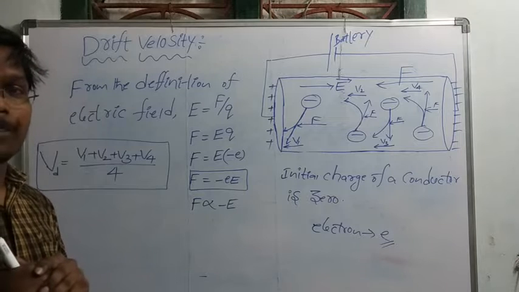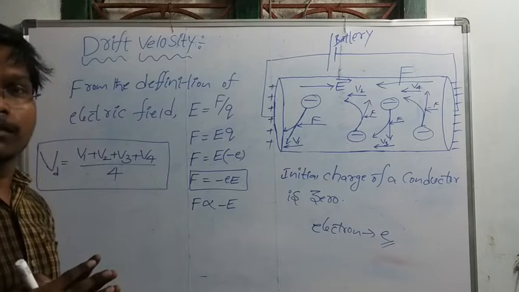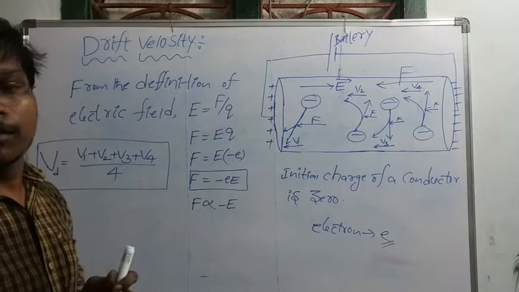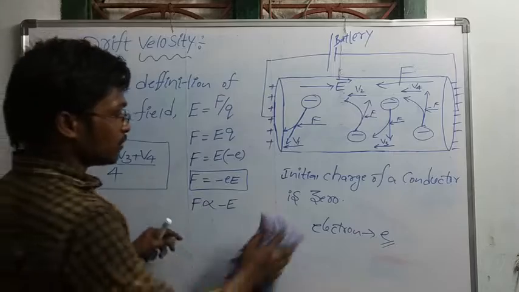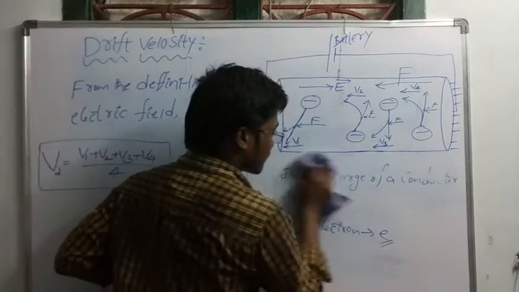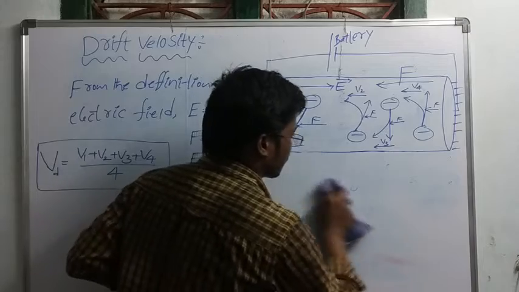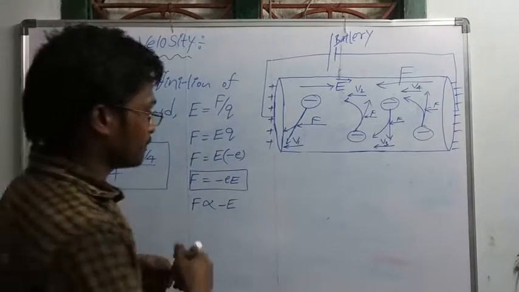Now, this is the formula. I will tell you the definition of the drift velocity. So the definition of the drift velocity is